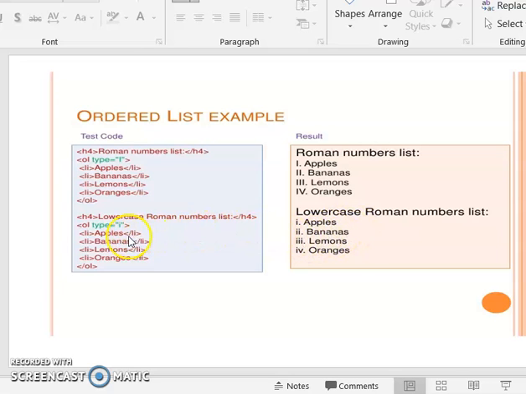So that is the second portion, type equal to small letter i. The elements are displayed like this: 1, 2, 3, 4, Roman numeral list and small case Roman numeral list.